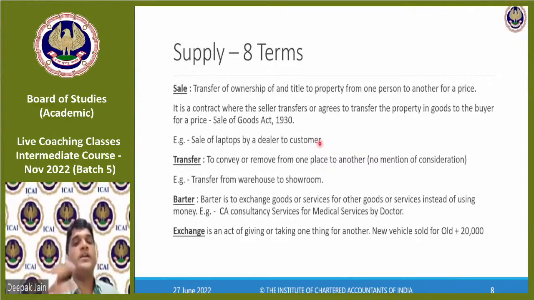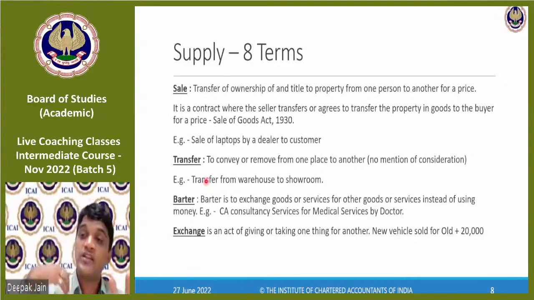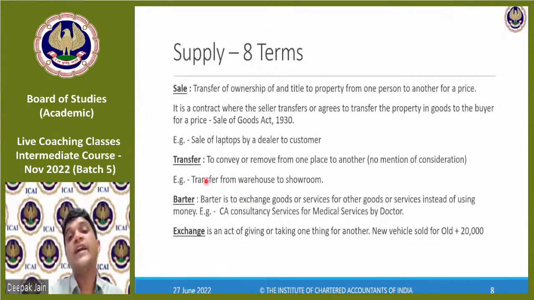Sale of laptops by a dealer to a customer is a sale, right? So I have to transfer the ownership and the property. Just ownership, no property, no. Ownership and property both have to be transferred. That is the meaning of sale. Clear? I think you will remember that example of the pen, that I have to transfer it completely, so that I shouldn't guide you on what you should do. You can break it. You can do anything with it. That is an example of sale.